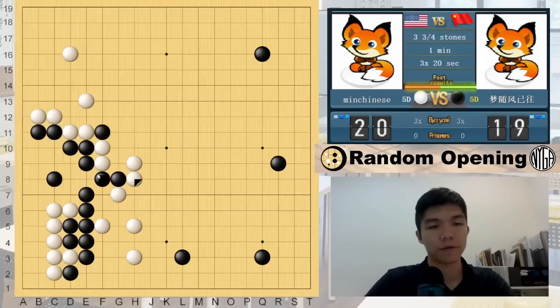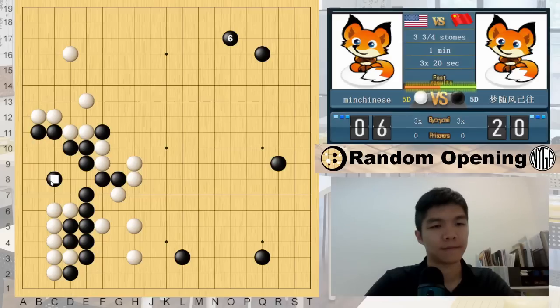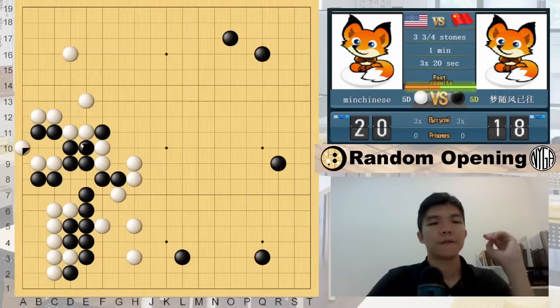So even after Black made those exchanges, this group is not alive yet. So I guess I better demonstrate that. Let's see. I think this will benefit White. And just Hane on top. Now this is definitely dead,